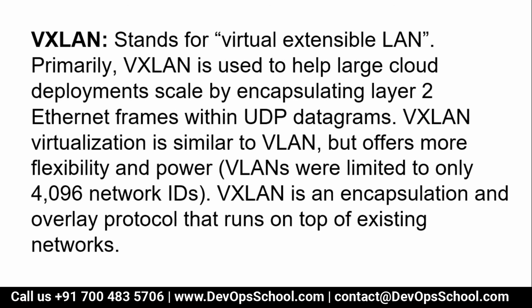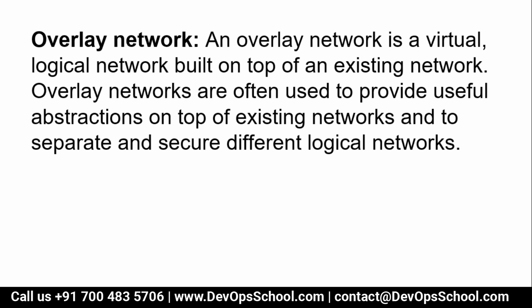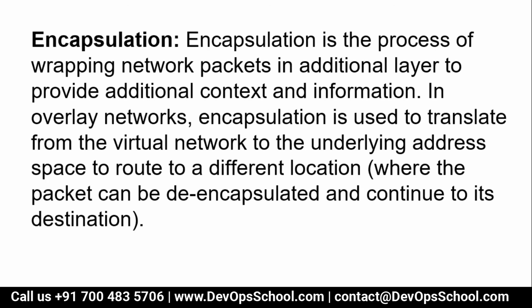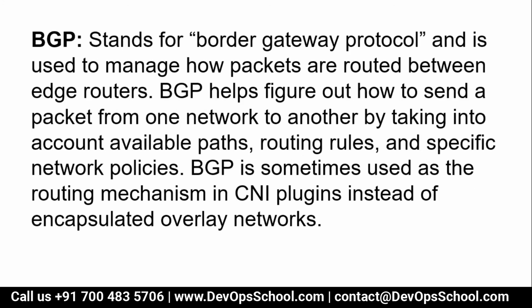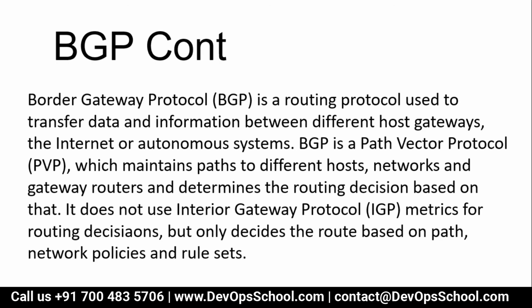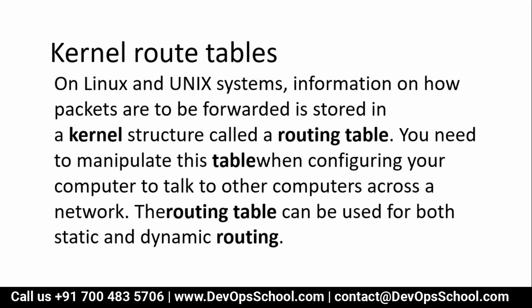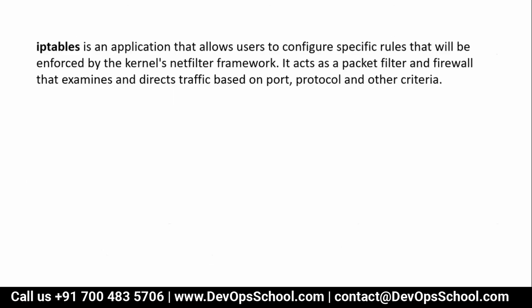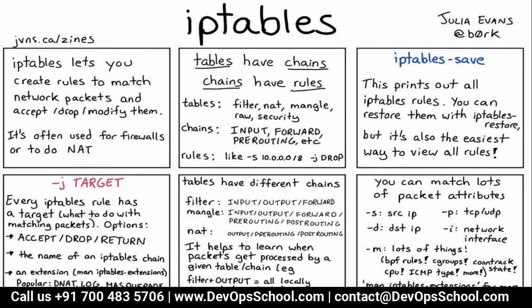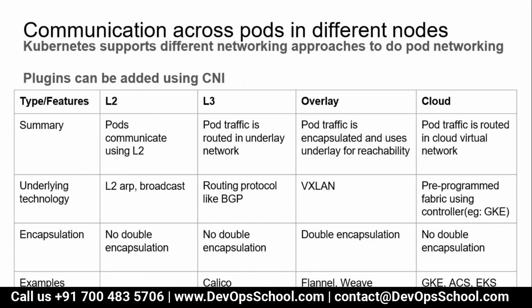You need to understand a little bit and do some reading. You have to do the VXLAN concept also, the overlay network concept, and encapsulation reading. Mesh networking reading. BGP protocol, you have to read more about it. It's very important for L2, L3. And the VXLAN concept. You have to learn routing tables, kernel route tables, and these are the kernel route tables. IP tables, you need to know what IP tables are and how they work. And this is one of the good presentations of IP tables. And finally, you have to go into this. After understanding all the terminology, then you'll understand this table.